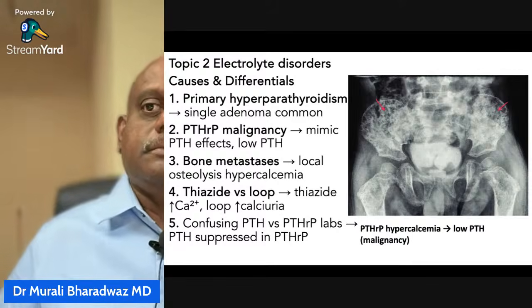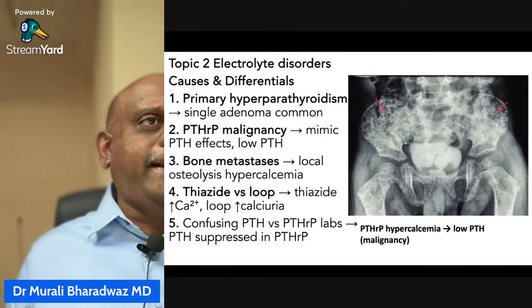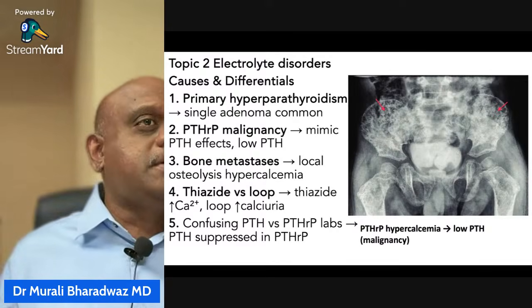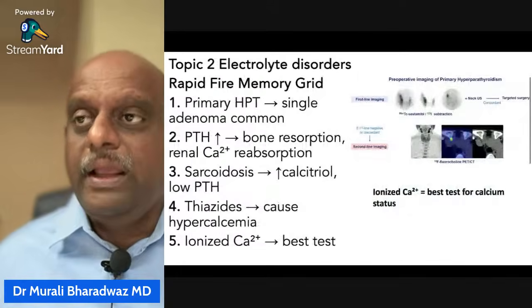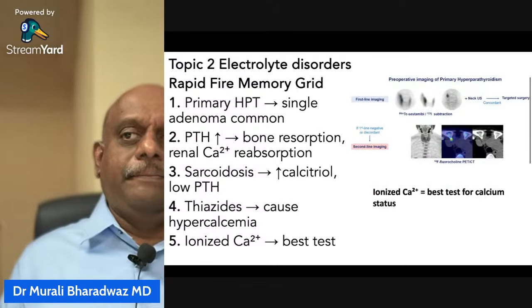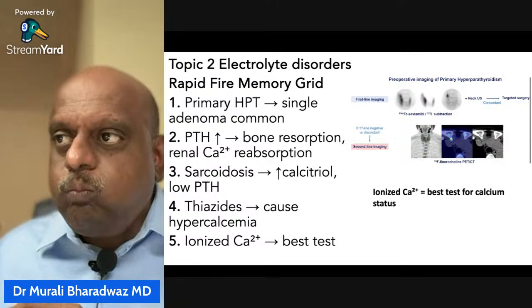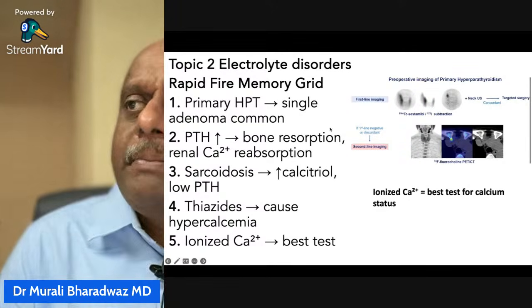Now, whenever bone metastasis is there, that leads to osteolytic lesions, that leads to hypercalcemia. Thiazides retain calcium, loop diuretics lose calcium, is what we need to remember. Right, doctor? So, you need to remember,